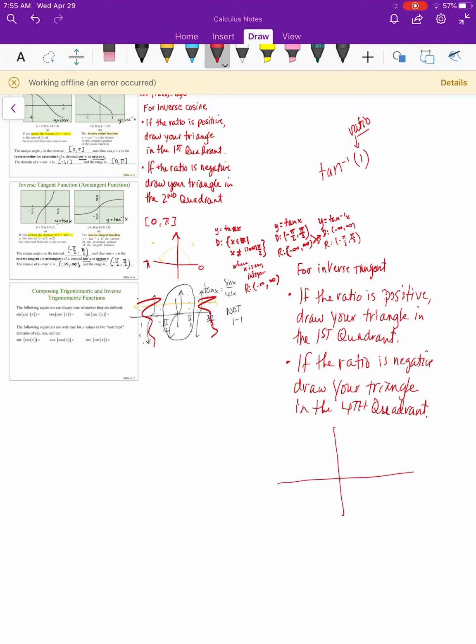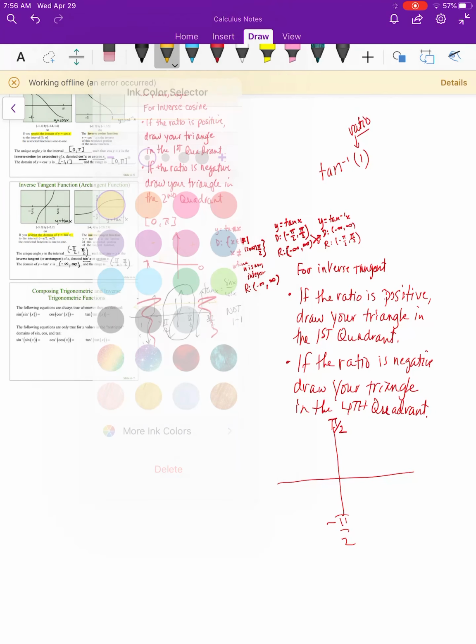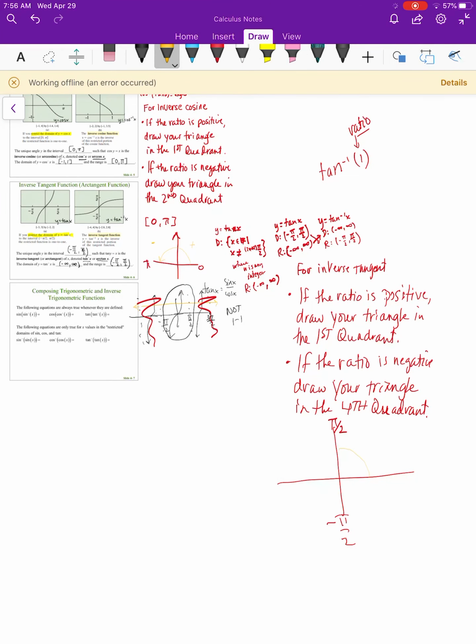Okay, so that's for inverse tangents, first and fourth. The only thing that's different about the inverse tangent is, it still goes from negative pi over 2 to positive pi over 2. You just can't have an answer that's on,